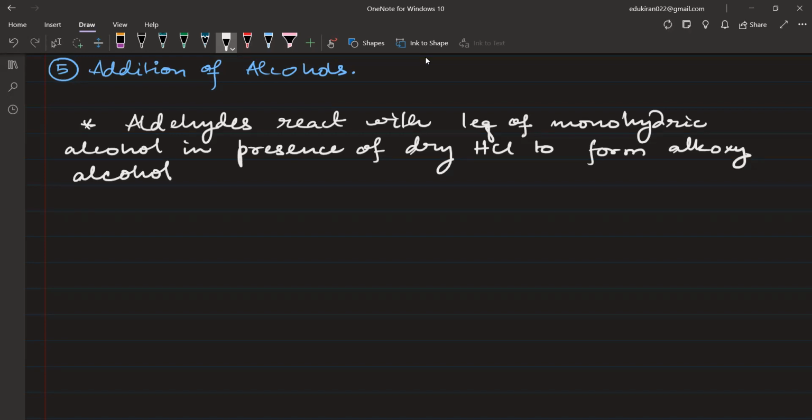Now, alkoxy alcohol, this is known as hemiacetal. This is an intermediate. So it forms alkoxy alcohol intermediate,